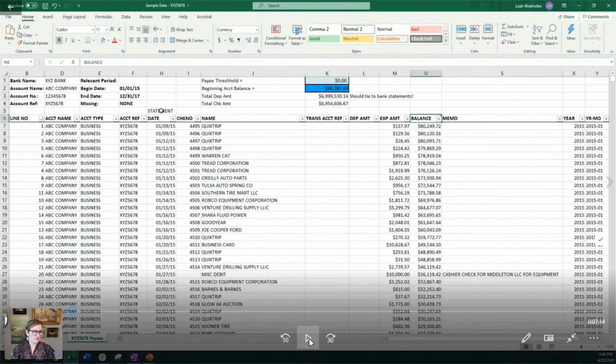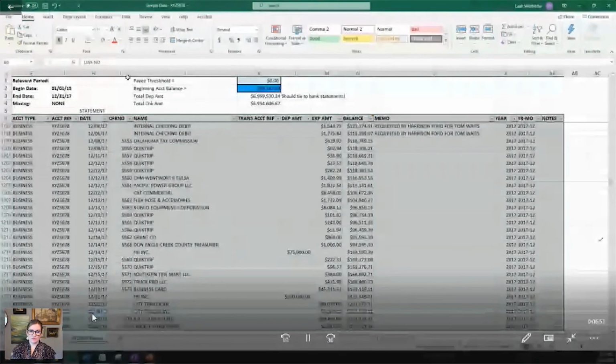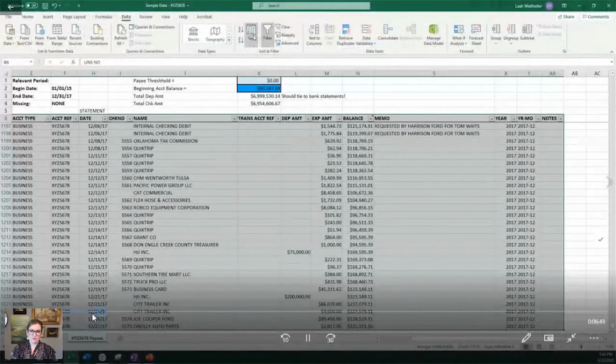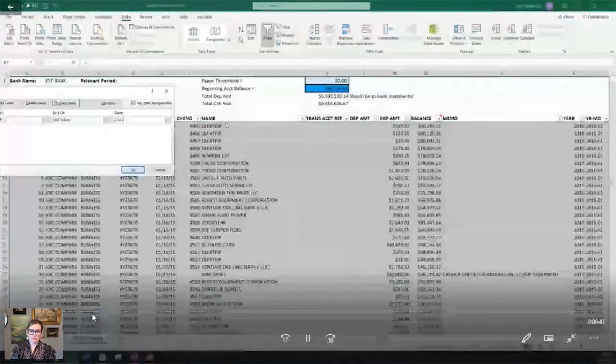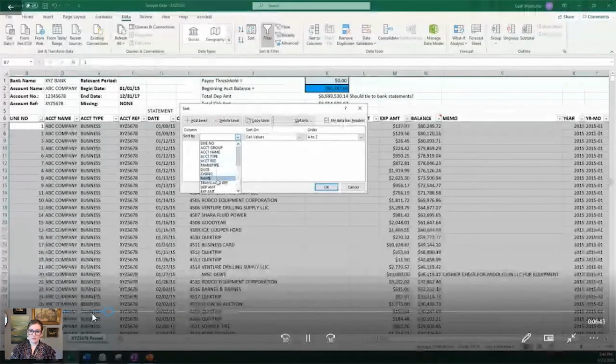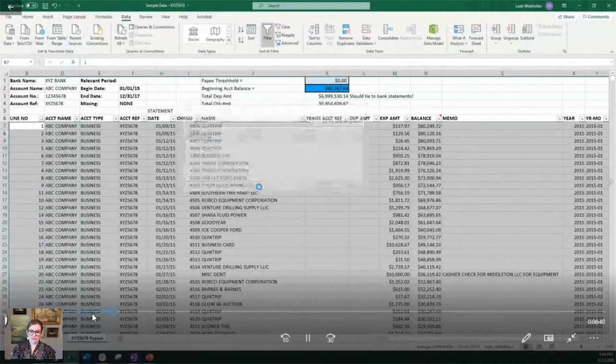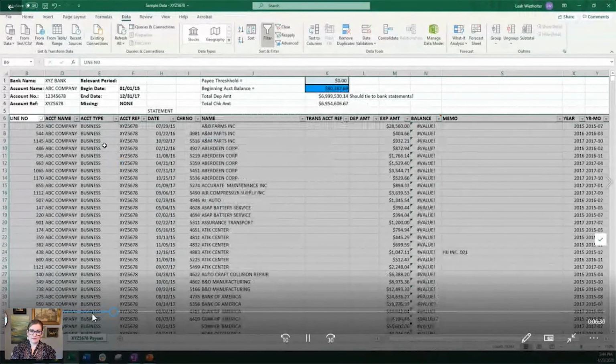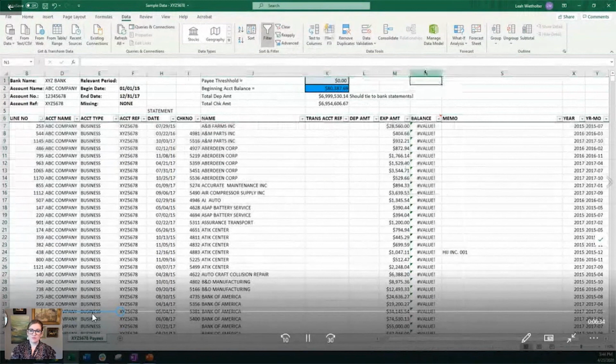They're not processing those days. The first thing we want to do is really just organize this information. And the way we like to do this is by sorting by name. So what's our payee name? And we're going to sort that. And really all we're doing is taking this information, sorting by name, and then we're going to do something called